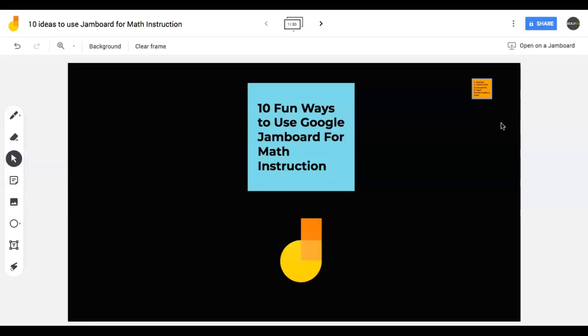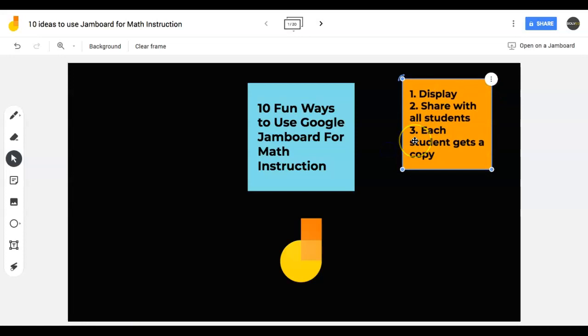Hello everybody, Julio Penagos with Solved, and I'm going to show you 10 fun ways to use Google Jamboard for math instruction. Before we keep going, let's remember that there are 3 ways in which you could share this work